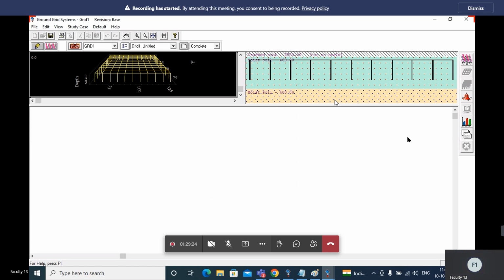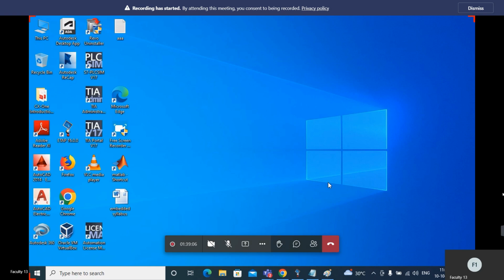So next we will discuss. Now we discussed only the case where the client provides the fault current; based on that only we draw the design, right? Next we will discuss using the design. In that design we are getting the fault current, right? For that, how to do the earthing in the ETAP software, like that we will discuss. In this session, I will discuss how to do the earthing process from the design.